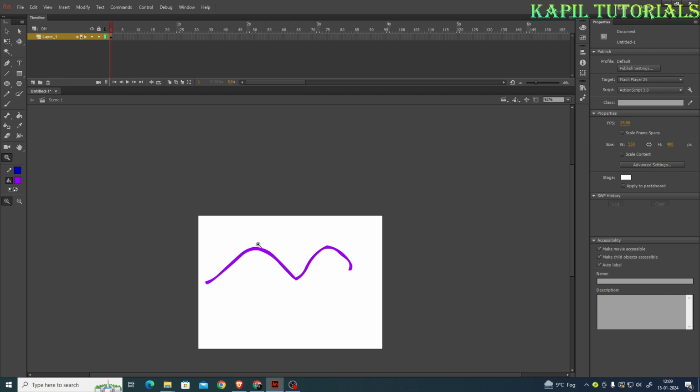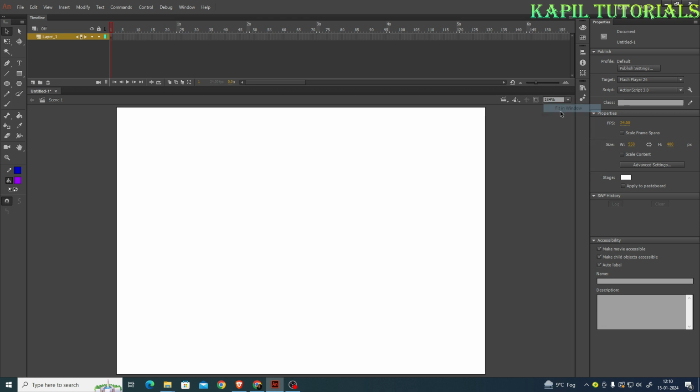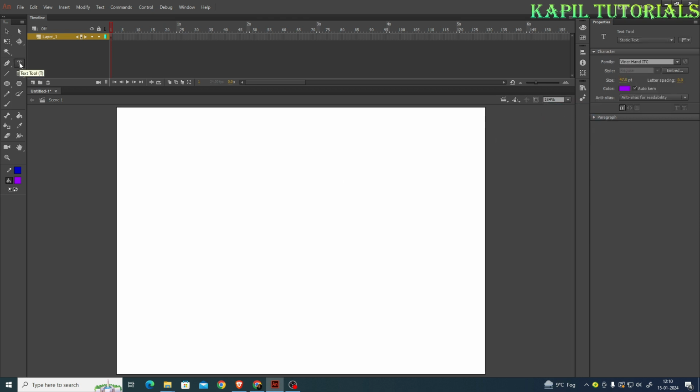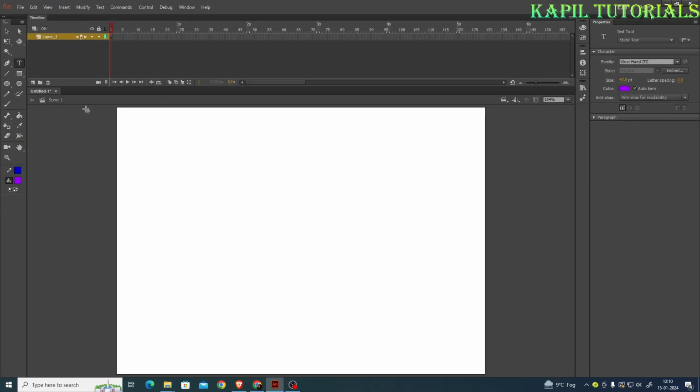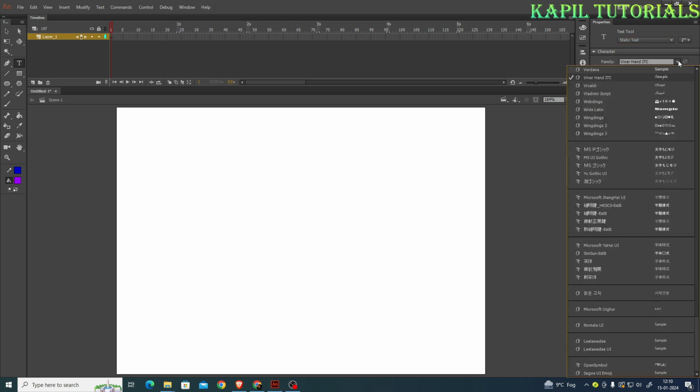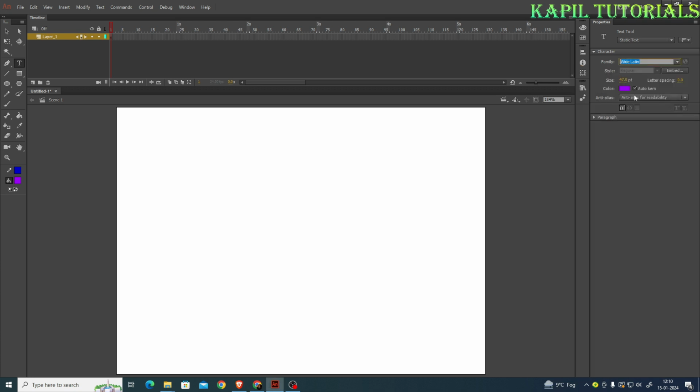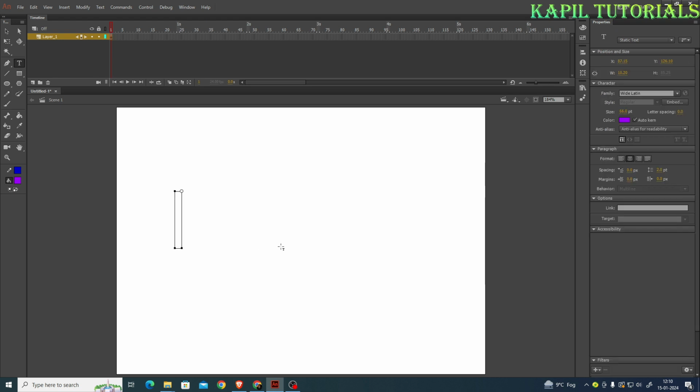Now the next tool which I am telling you about is the text tool. This is also a very important tool. Keyboard shortcut is T. So if I select this, in these properties, like okay, static text I'll take, and from the family I can select the different styles. Suppose I'm selecting this sample one. Size I can control from here and I'll select it, and suppose I'm writing here